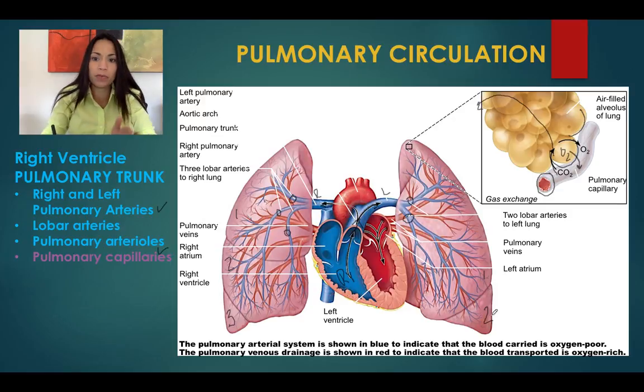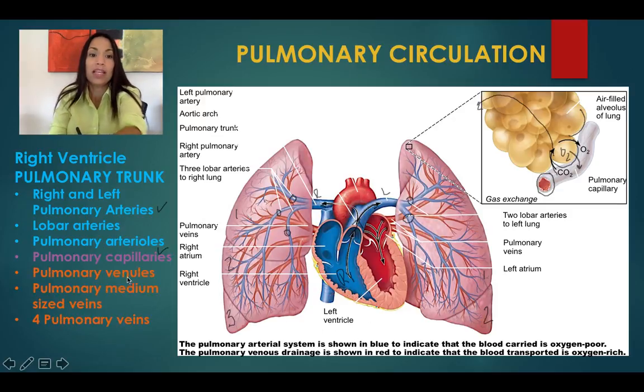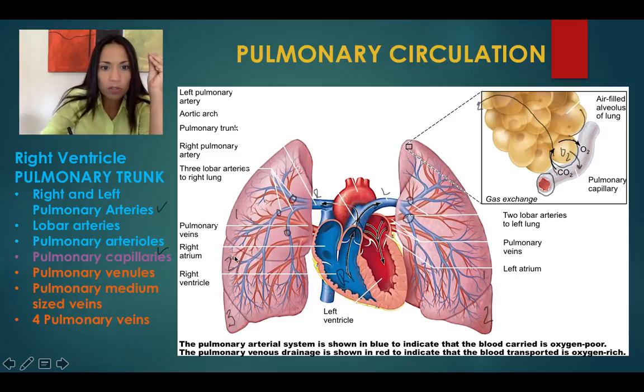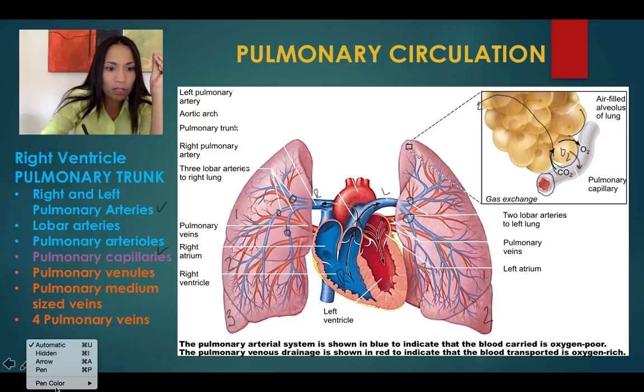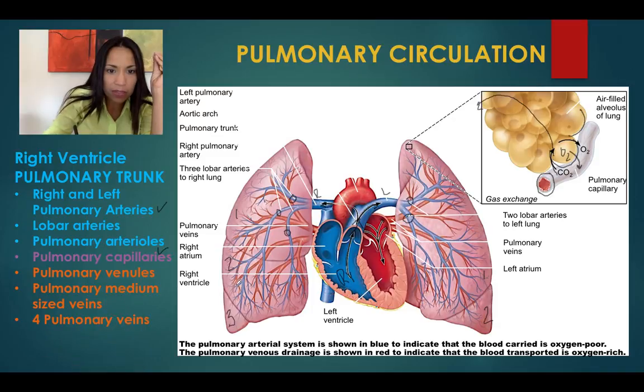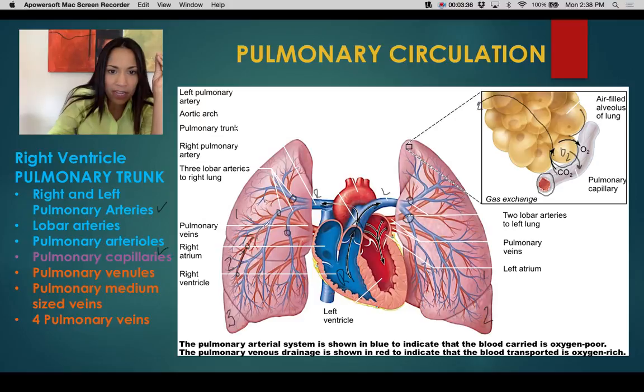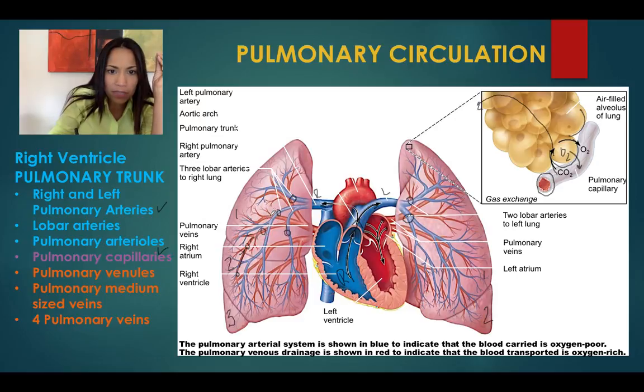So all of these capillaries merge or empty into little pulmonary venules. Now we are in the red, smaller veins in there. These are small venules that merge together and form bigger veins, medium-sized veins. We have lobar veins, and then look, 1, 2, 3 lobar veins, and at the end they form 2 pulmonary veins on the right side, 2 pulmonary veins on the left side,